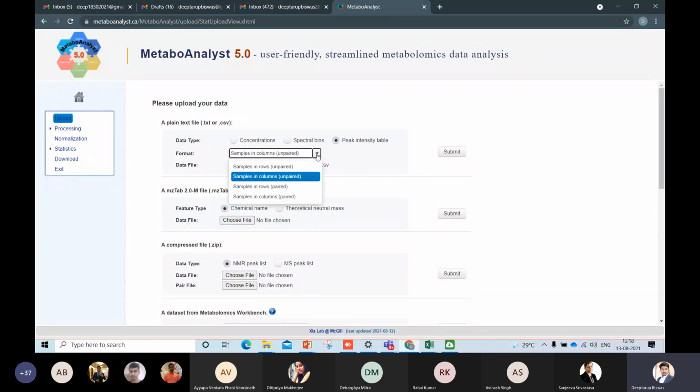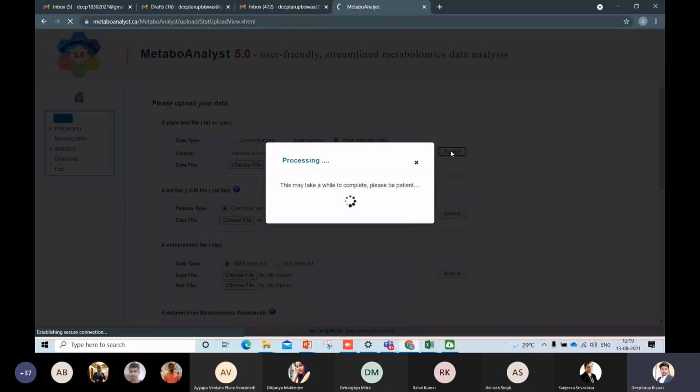Once again, we are putting the file in the meta-analysis, where you need to click on the peak intensity table. You need to choose samples in column, unpaired, and I have told you why we are using it in the last class. Then you have to choose the file. The name for you will be the exercise 4 file. Then you click submit over here. Once you click submit, it will give you the data integrity check, and the data integrity check will give you an idea of the